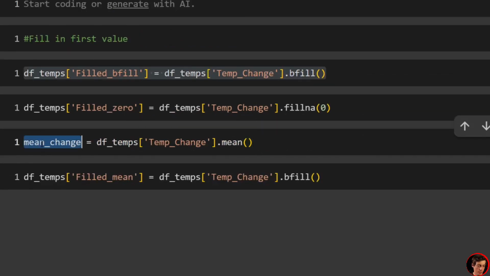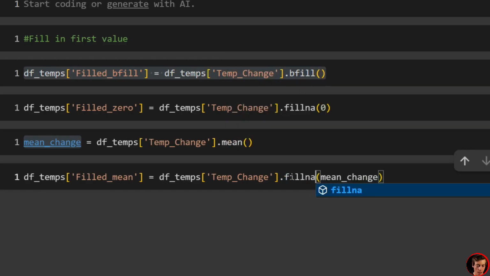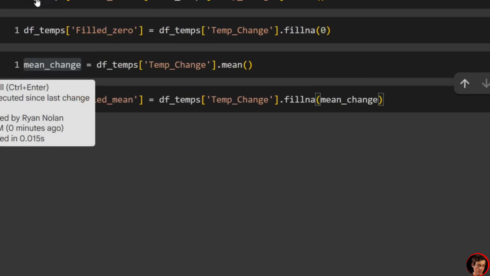And let me run all these over here. I'm actually going to pass this mean change in over here and there and just put fill NA, because we're just going to fill the NA with the mean values. So we'll just go through all these. And then if we want to look at df temps,